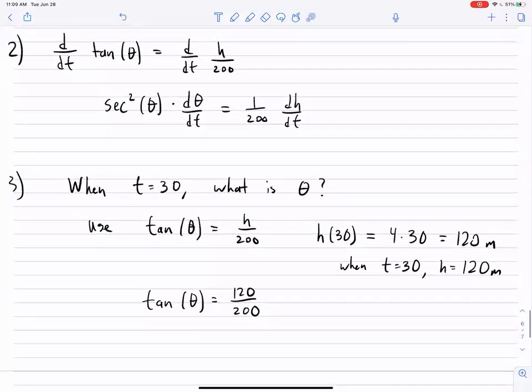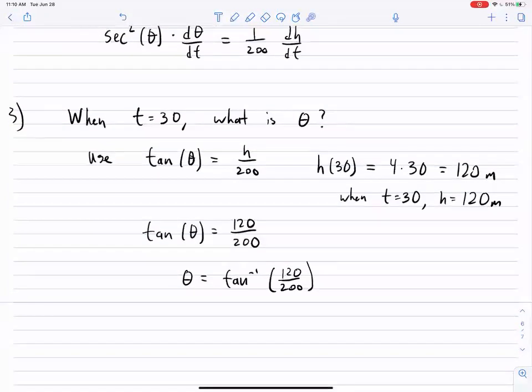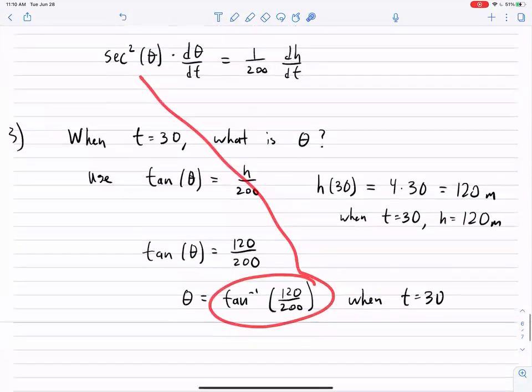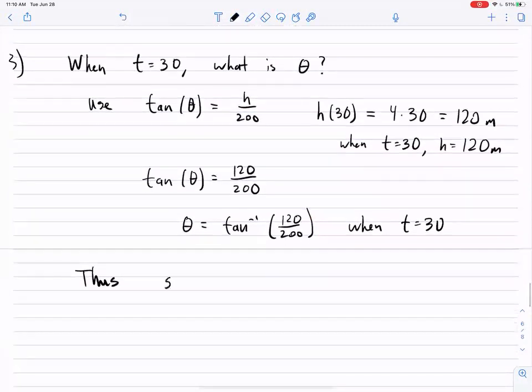And so what we actually really want is secant squared of theta. We could get that just from this, or we could just solve for theta. The easiest thing to do is just take tan inverse. So theta is tan inverse of 120 over 200, which is some number. Now I can plug this in for theta and then solve. So plugging that in, we get secant squared of tan inverse of 120 over 200